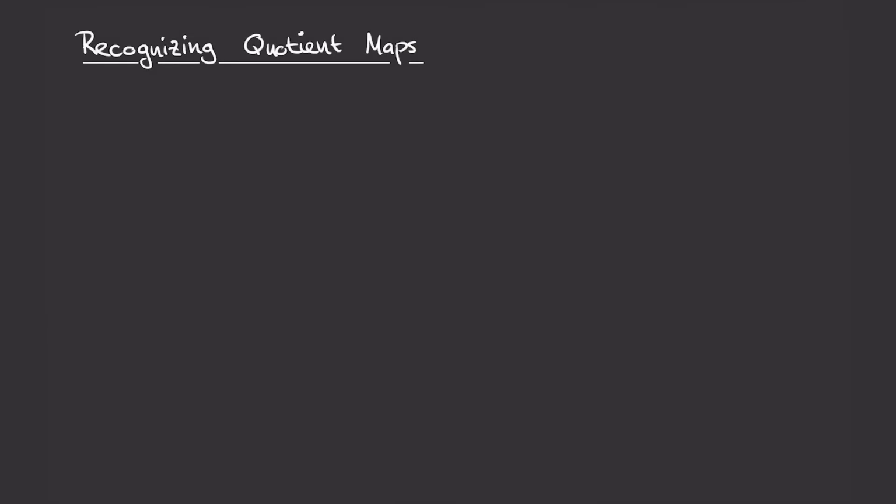Welcome back to this series on topology. In today's video, we'll be continuing our discussion of quotient spaces. In particular, we'll be looking at how certain properties transfer from the space you start with to the quotient space. And second, we'll also be looking at how to tell whether certain surjective maps are actually quotient maps between topological